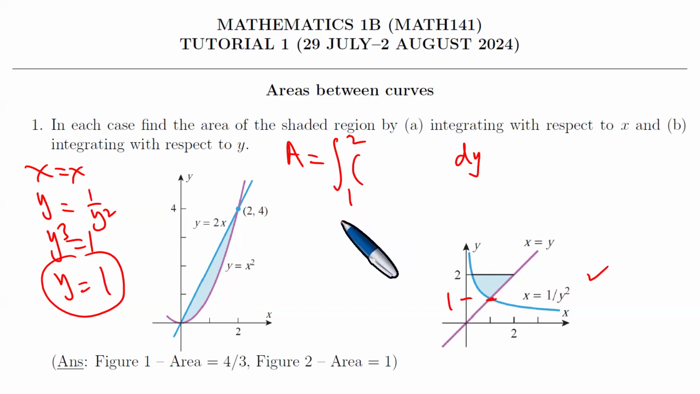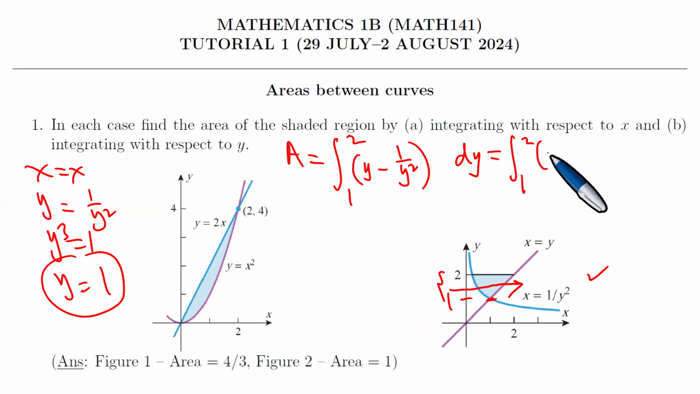If you integrate with respect to y, you fix y and imagine an arrow. If you fix y, y runs from 1 to 2. This arrow is going to penetrate the region through this curve here and exit through the straight line. So we're using the right minus left rule. On the right is y, the left is the curved section, which is 1 over y squared. So this is going to give us the area, so that we have the integral from 1 to 2 of y minus y to the minus 2 dy,